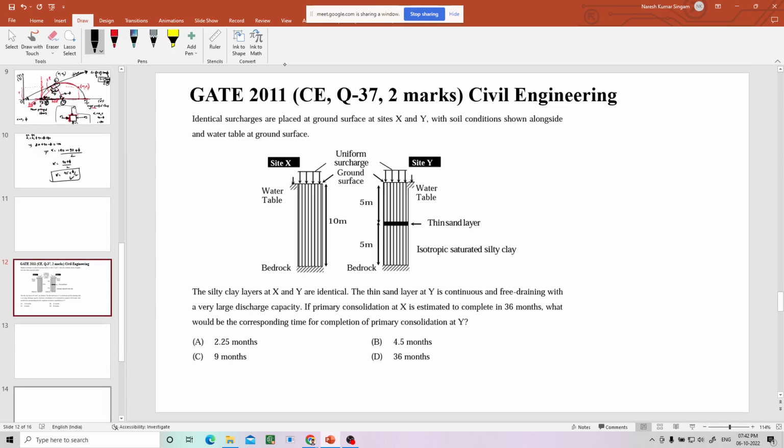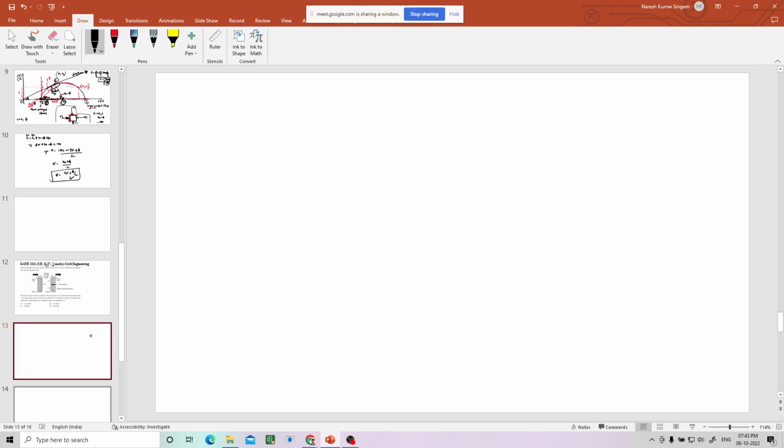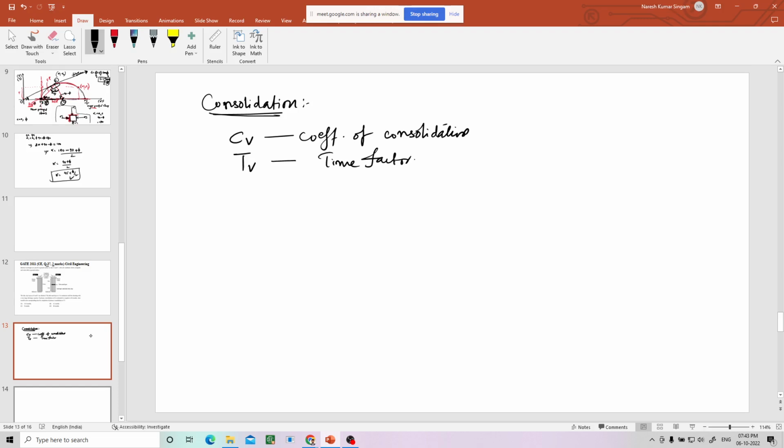This is also from the same 2011 paper, question number 37 of 2 marks. This is regarding the consolidation topic. I have already discussed the one dimensional consolidation equation. After solving that, we got 2-3 different parameters. One of them is CV, the coefficient of consolidation, and another is TV, the time factor, and TV is CV t by D square, where D is the